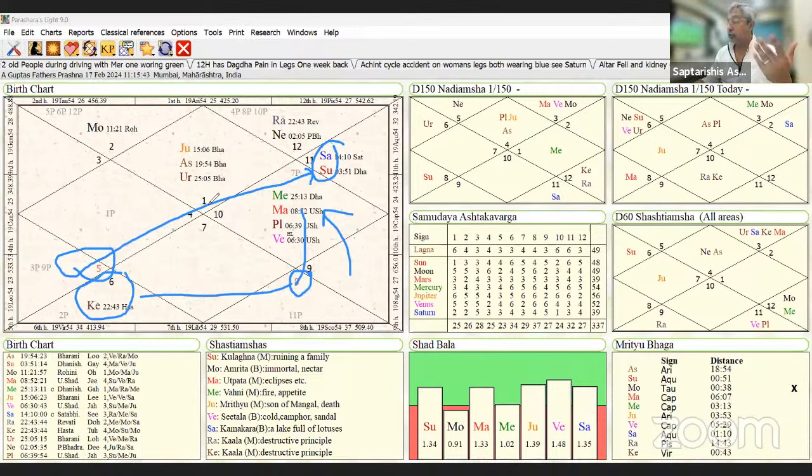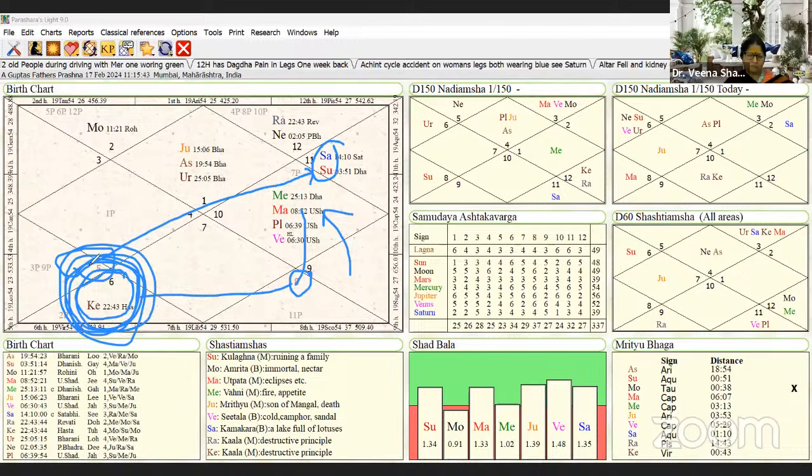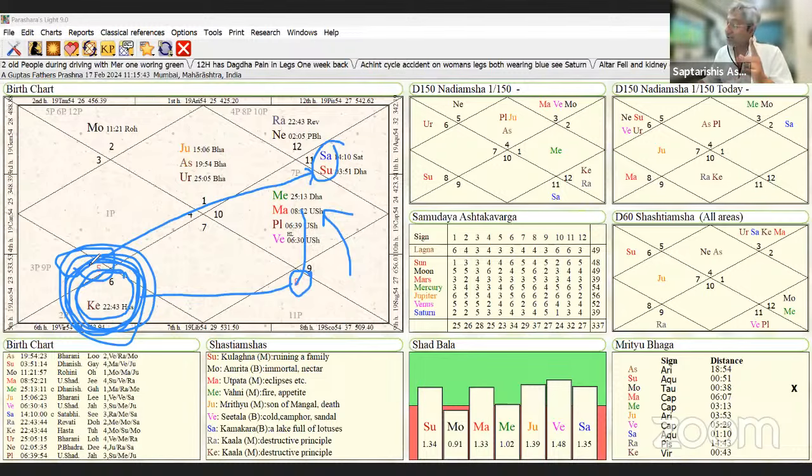So the native was very busy. I was supposed to say, have you had a fight? Why Ketu was here, na? 6th house. Are you getting it? Today, the native gave feedback, okay, that tomorrow there is a court hearing, 6th house of courts, litigation. Are you getting how beautiful Prashna works?